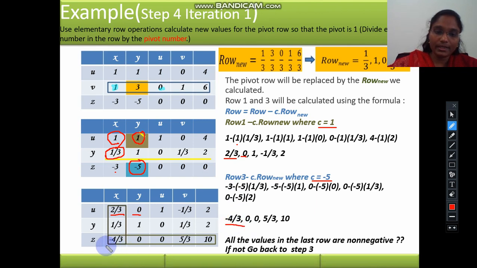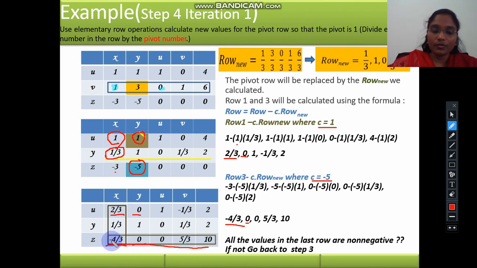So we are updating it here as -4/3. The next value, -5 minus C, again -5, times this new row value 1, gives you the value 0. So we are updating here. Similarly, all these values were updated in the third row also. Now after completing this, we have to check whether all the values in the last row are non-negative values.